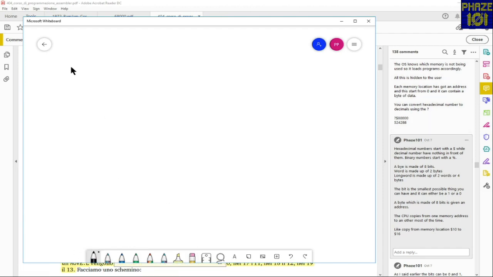I was saying that there is dot L, dot word, and dot byte. This is 4 bytes. This is 2 bytes, and this is 1 byte. Okay, so